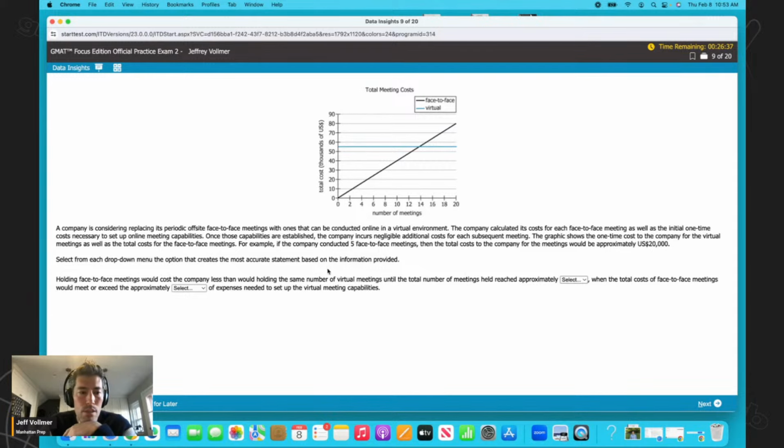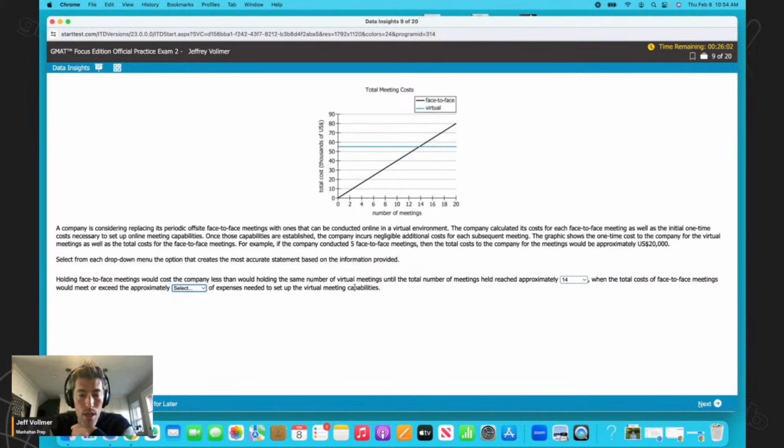Graphic shows one-time cost. Virtual meeting. Let's just make sure we check this. 5 face-to-face is about 20K. Cool. Good. All right. Holding face-to-face meetings, that's the black line, cost the company less than the virtual ones until the total number of meetings held reached approximately, I don't know, 14, 13, something in there, when the total cost of face-to-face meetings would meet or exceed the approximately blank expenses needed to set